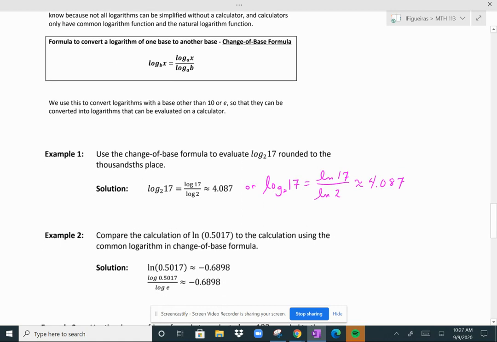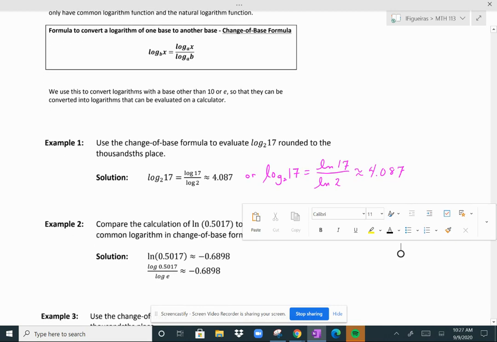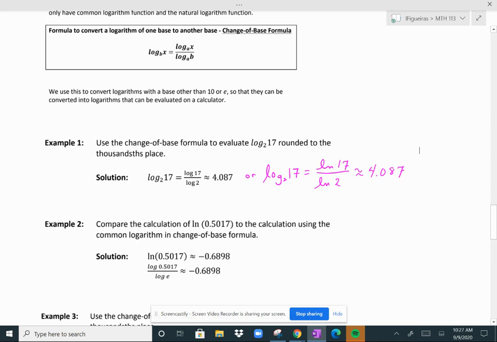So here we will try this again using both, showing you that you get the same results. I want to compare the calculation of the natural log of 0.5017 to the calculation using the common logarithm in the change of base formula. So I'm going to rewrite my natural log in terms of a common log and see if I get the same value. If you put this directly into a calculator, ln of 0.5017, you get negative